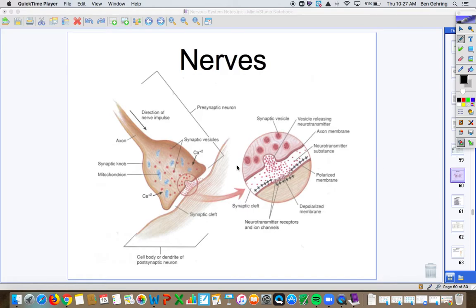Here's another diagram of how nerves interact. And so you have an impulse travels down an axon. This is a synaptic knob, so a big bulge. These little vesicles house your neurotransmitters. When they get to the outside, they open up and release those to the next dendrite. And that's called the synaptic cleft. That gap there is called the synaptic cleft. They get picked up by these ion channels, these receptors here. If enough of them get picked up, the signal travels down the dendrite to the body to be sent down